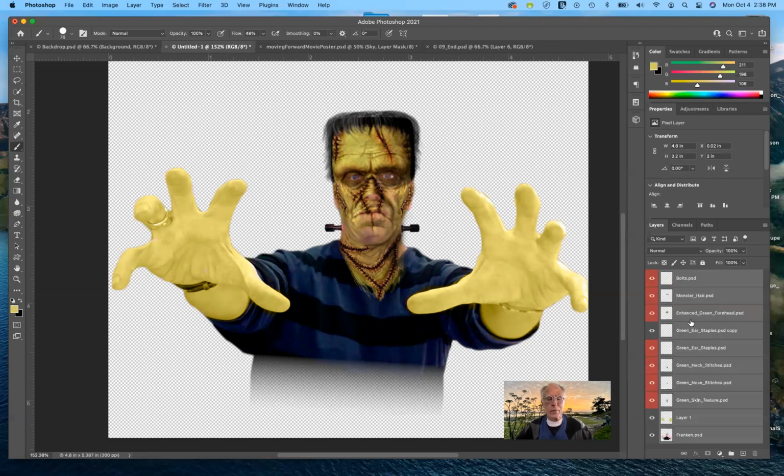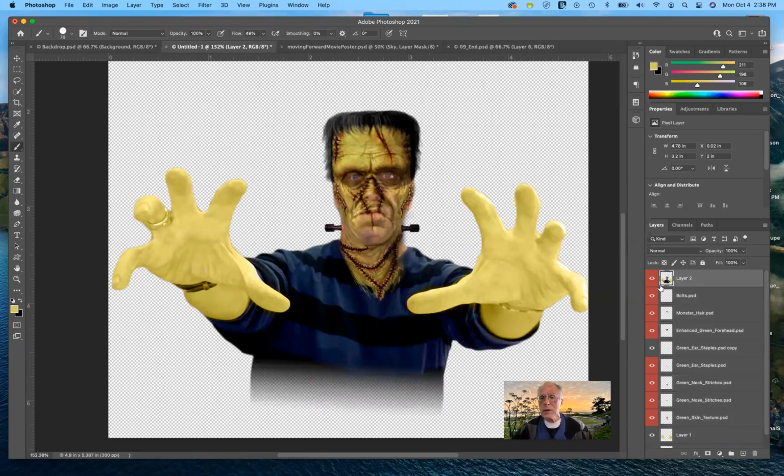So what I prefer to do instead, and this is a little bit harder to remember, is that you hold down the Shift key, the Option key, the Command key, or the Control key on your PC. So that would be on the PC, it's Shift, Alt, Control. On the Mac, it's Shift, Option, Command, and then hit the E key. And you'll notice what it did. It left all those layers intact,